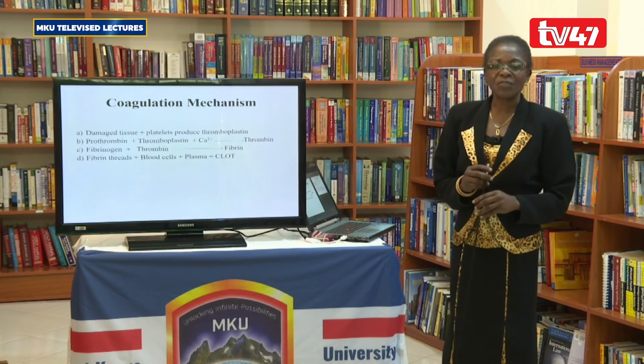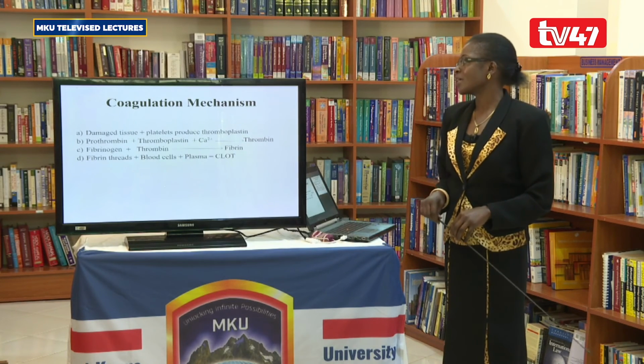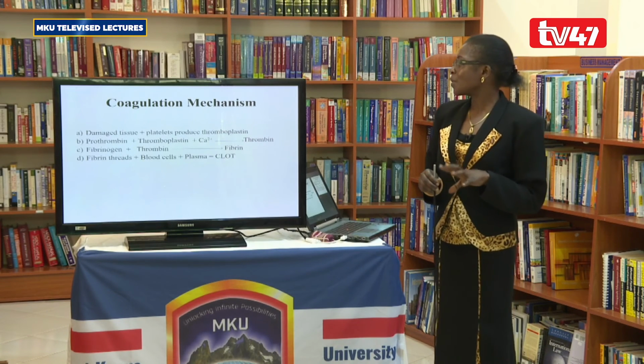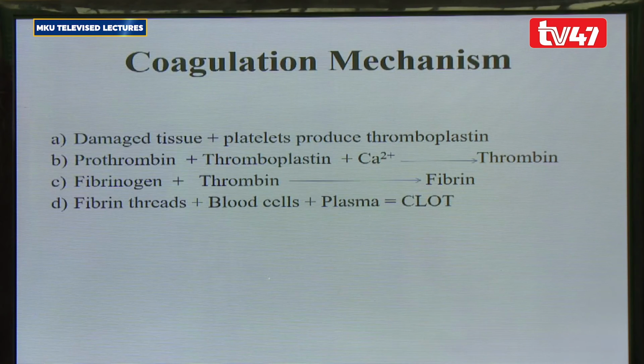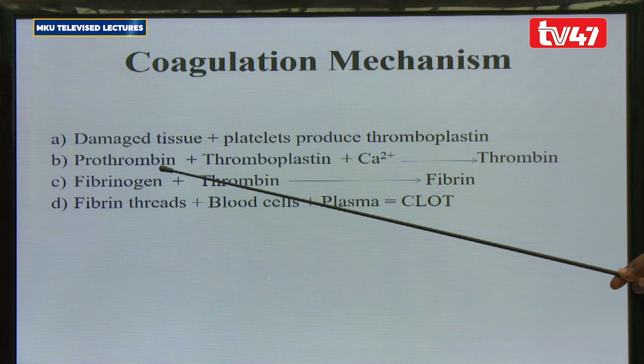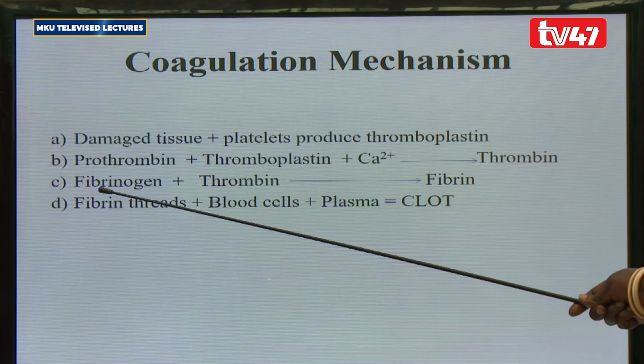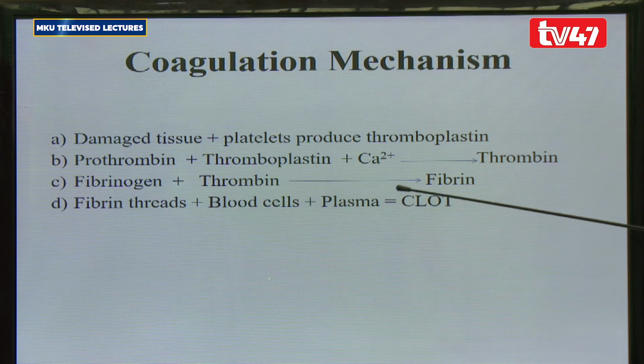To look at briefly how they cause the formation of a clot, we have the damaged tissue at the site of injury and the platelets. They'll produce a substance that we call thromboplastin, also referred to as thrombokinase. Now, the thromboplastin acts on a substance called prothrombin in the presence of calcium ions, converting the prothrombin to become active thrombin. The thrombin then acts on the plasma protein fibrinogen that we talked about and converts it into insoluble